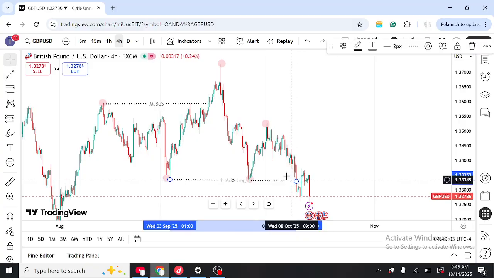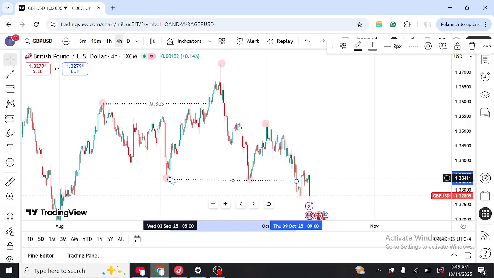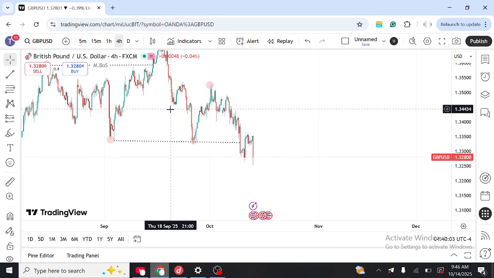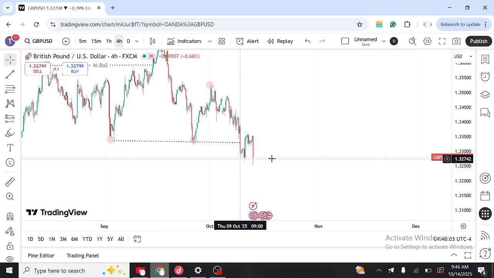Okay? So that means that what this is saying to us is, since this is our protected low, if price closes below this line, that means price has now shifted from bullish to bearish. Okay? So now what happens? As you see, price is coming to it. Remember what I told you, that the people